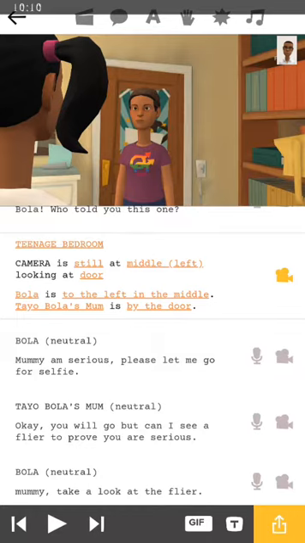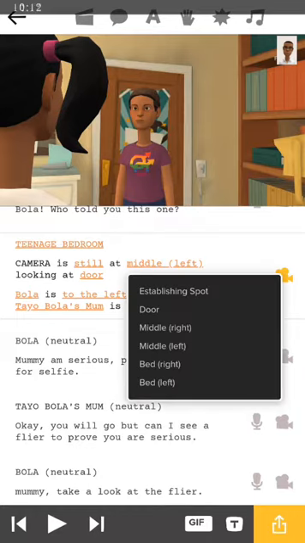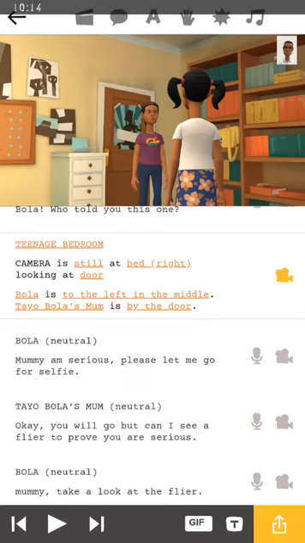Now, okay, we place it at middle left. Let's see bed right. This seems like a good one, but